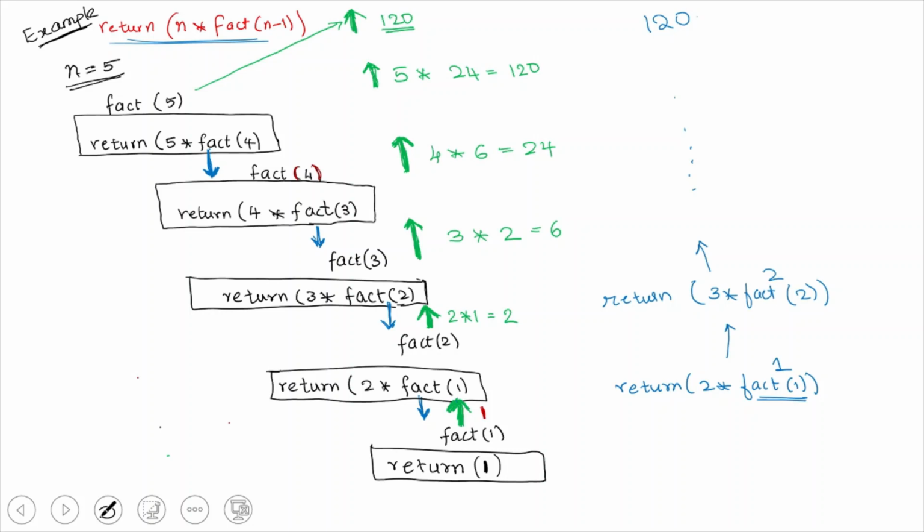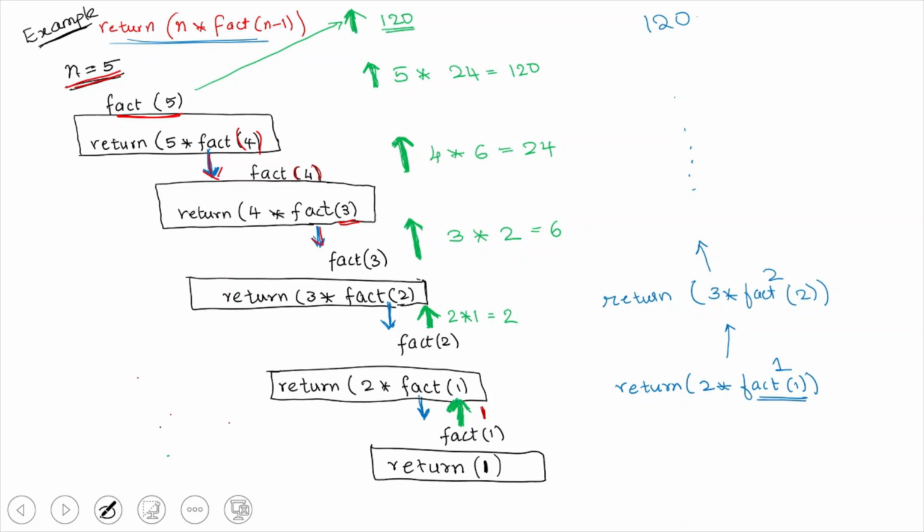So return n star fact n minus 1 means if suppose n is equal to 5, it means that factorial of 5 is calculated. So return 5 into factorial of n minus 1 is 4. So factorial 4 means now that function factorial 4 is called. So return where n will be 4 into factorial of n minus 1 is factorial of 3.